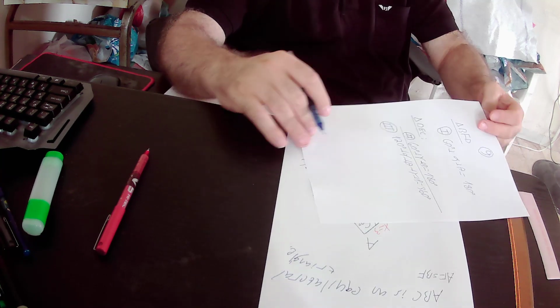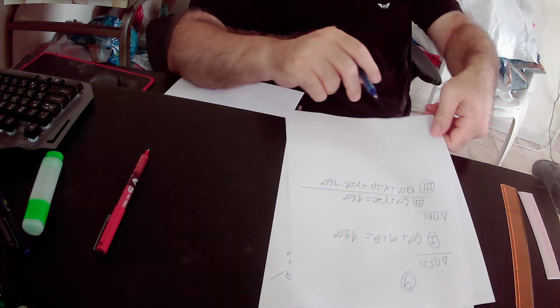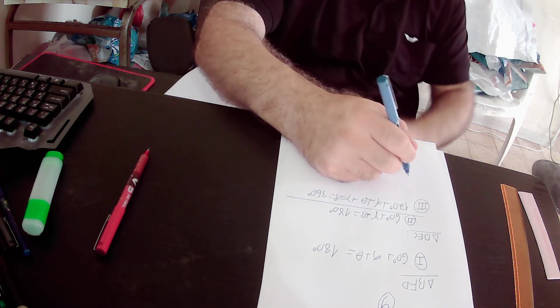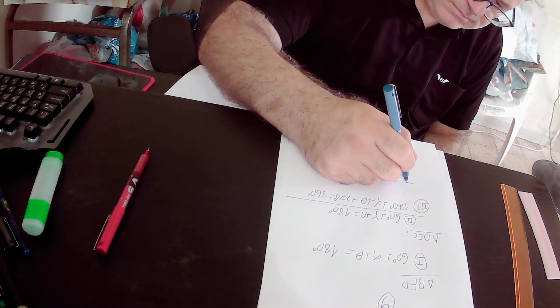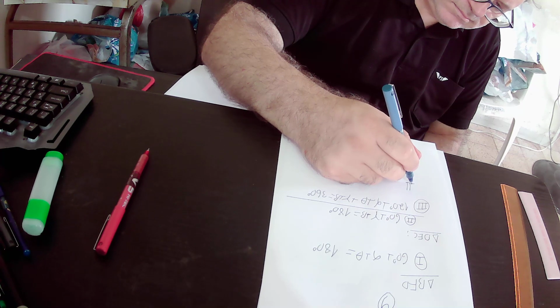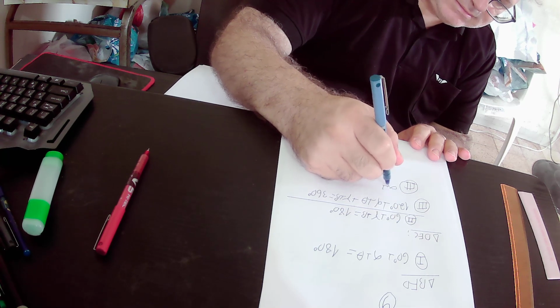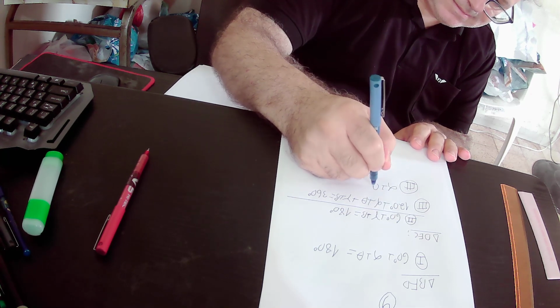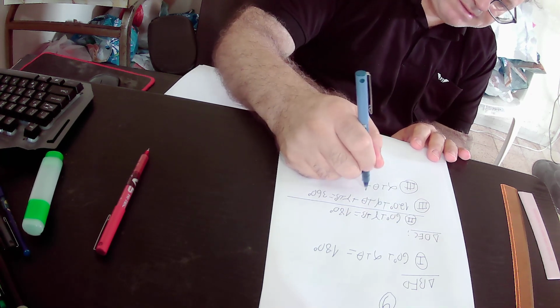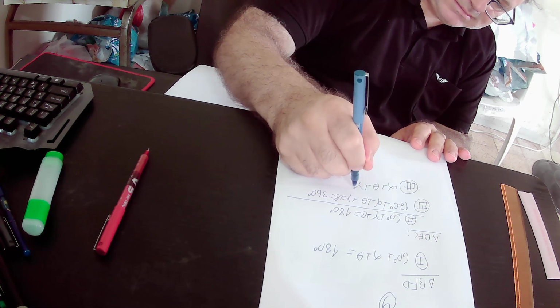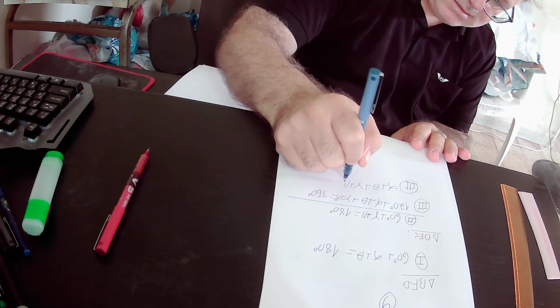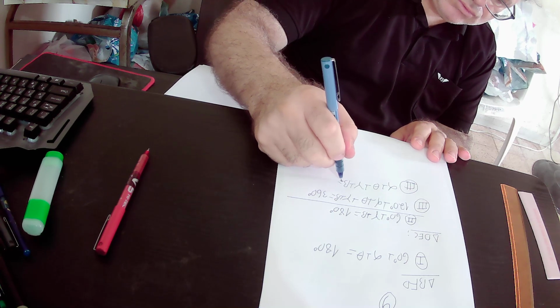Okay, we will get that alpha plus theta plus gamma plus beta equals